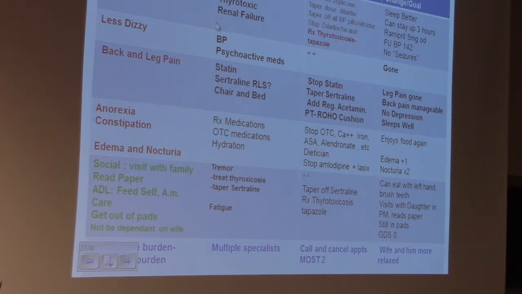Sertraline, an SSRI, can sometimes cause restless leg syndrome in some people and can make tremor worse. So we took him off the sertraline because we weren't sure he was depressed. Maybe it was because he was treated, but we monitored him. He never relapsed with his depression in the year or so that I looked after this fellow. We got rid of all the over-the-counter drugs, like the iron and calcium, and his constipation and appetite got better. I think people get a feel for this.